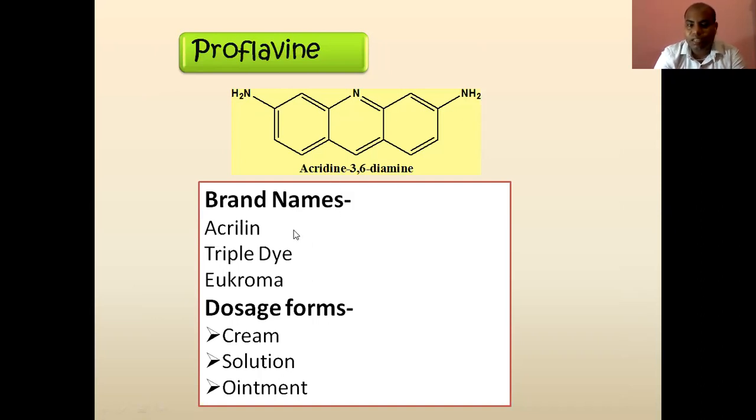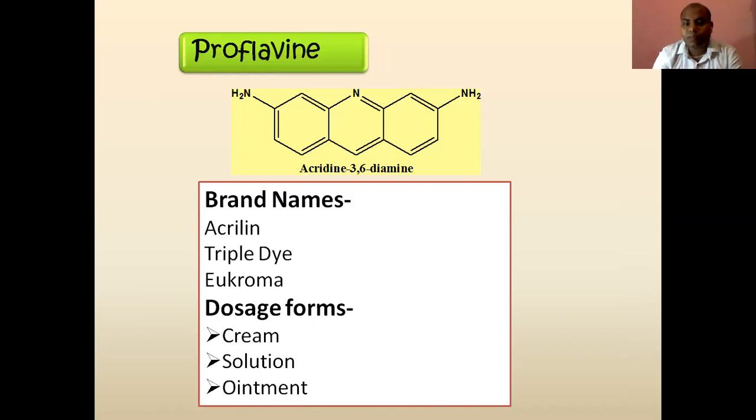Under the brand names, they are generally used for topical purposes. You have to understand that antiseptics and disinfectants are surface active agents, used on the surface of living skin or tissue or non-living tissue. So they must be formulated as topical agents. We studied topical agents in pharmaceutical chemistry 1. Most compounds in this category are formulated as topical agents like cream, ointment, solution, or sometimes spray.